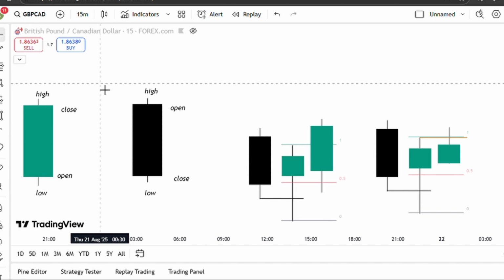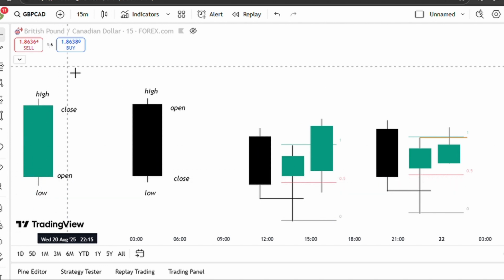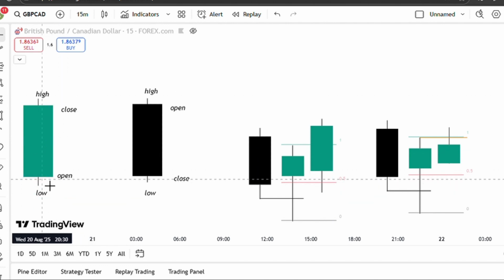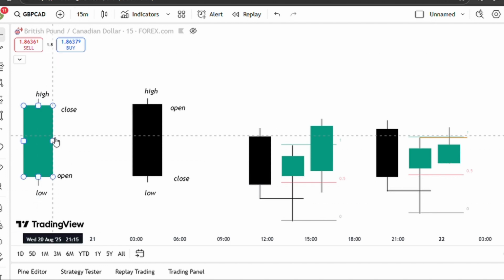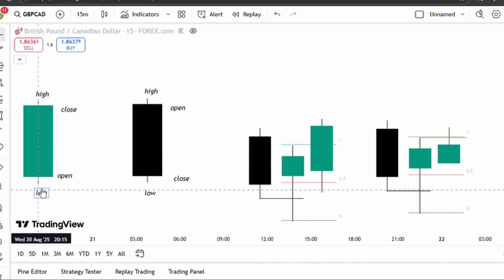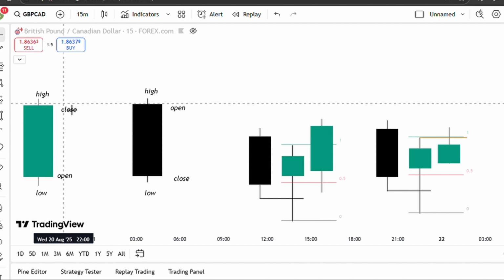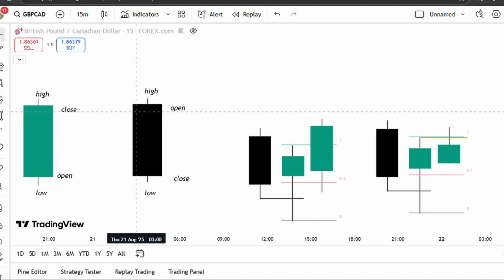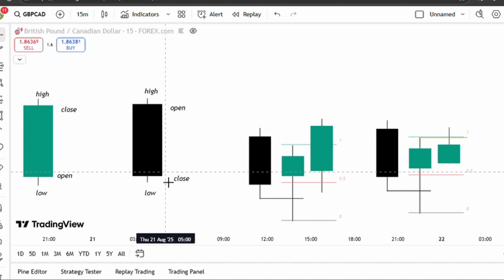So today's video is going to be about invalidations of Ttrades Fractal Model. And the first thing we're going to look at is a bullish candle. Now for a bullish candle, we expect the candle to move up or to expand up. So we want the candle to open, print a low, expand upwards, print a high, and then close, right? And then for a bearish candle, we want the candle to open, print a high, expand lower, form a low,